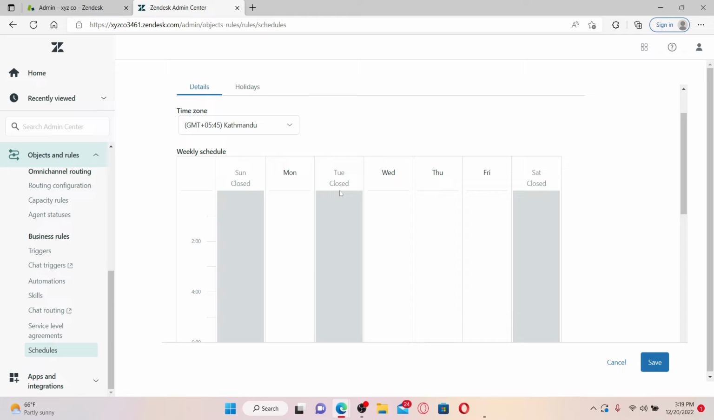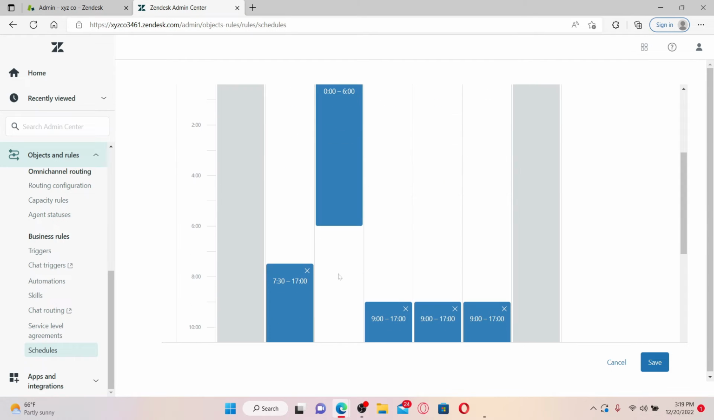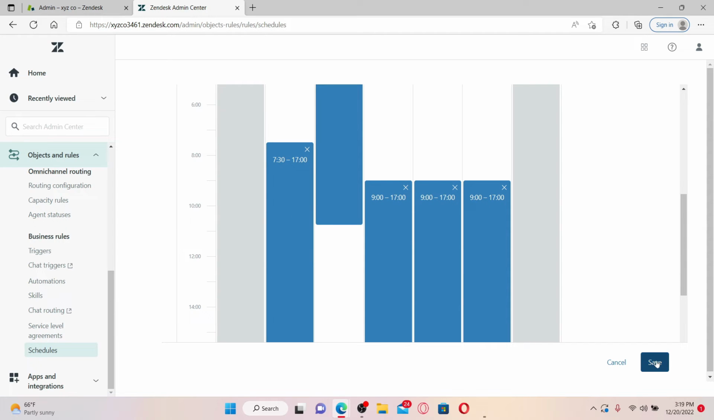To add hours to a closed day, click anywhere in the closed day and you'll be able to see a time block appear. Simply go ahead and move the time block up or down in order to set the timetable for that particular day. And then once you are done making your changes, click the Save button at the bottom